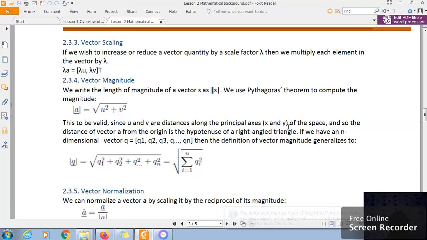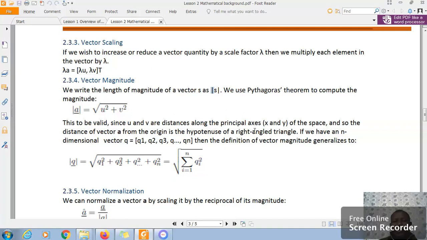So we continue, and you can remember from right angle triangle, if you want to get the hypotenuse, this is not new. We can remember it: a squared equals b squared plus c squared, the square root of that, if you want to obtain the hypotenuse. And this is valid since u and v are distances along the principal axes x and y of the space. And so the distance of a vector A from the origin is the hypotenuse of a right angle